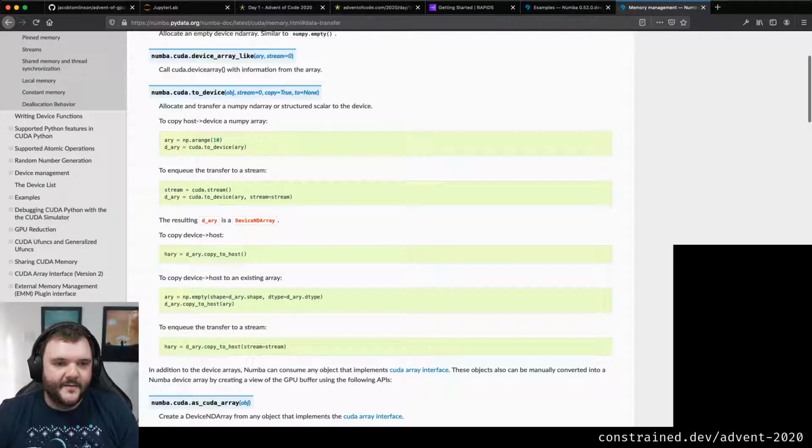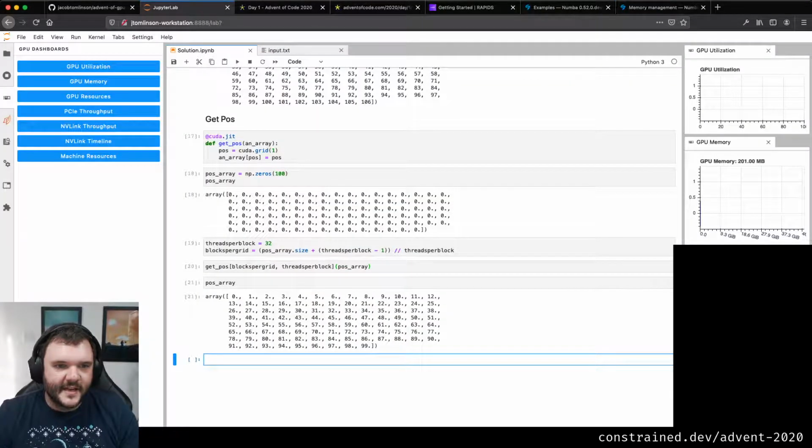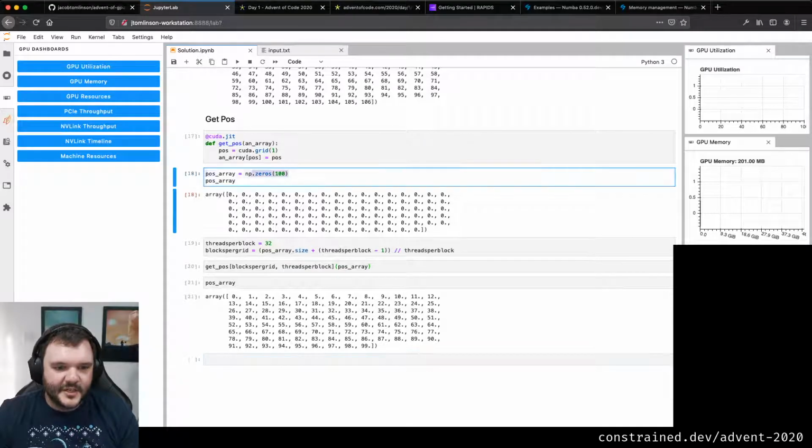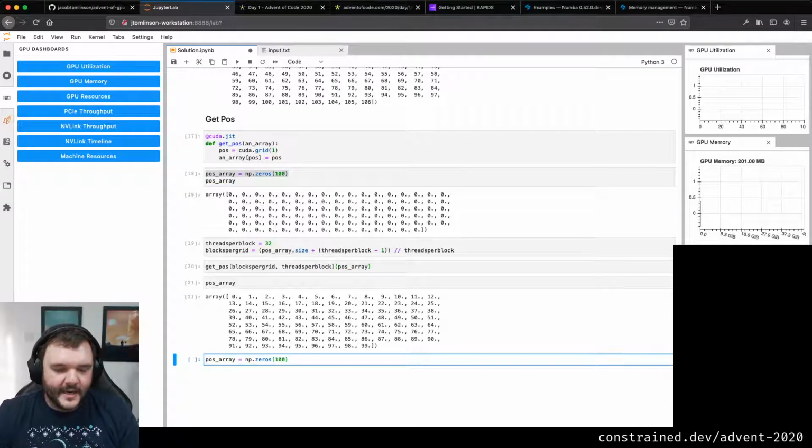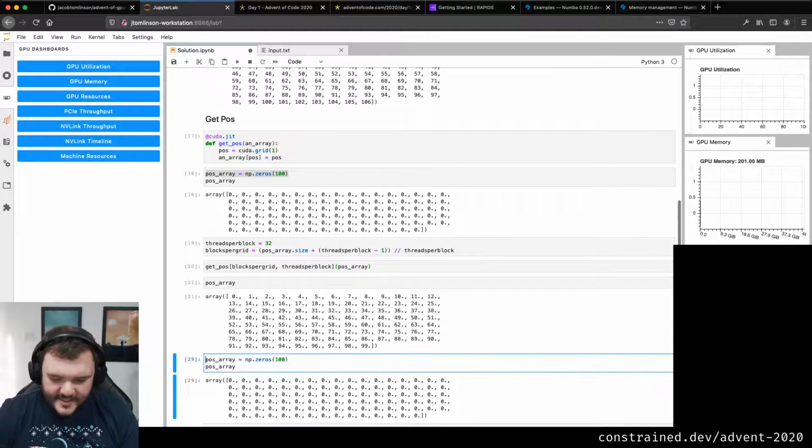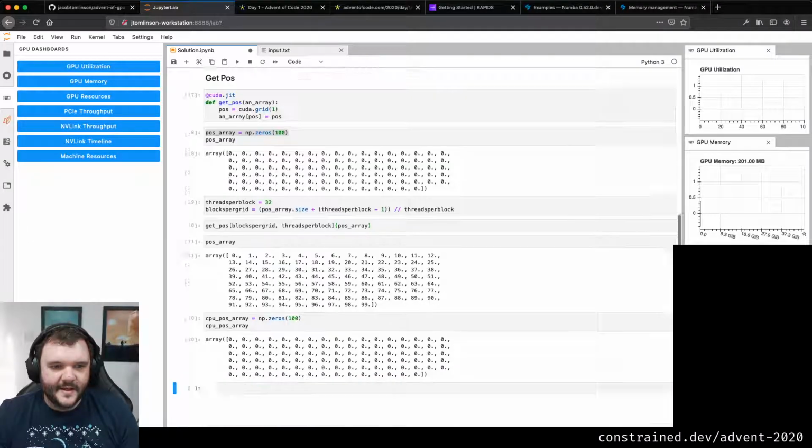So if I want to do something a bit more specific, let's do our position array again. This is our CPU, let's call this our CPU position array. Right, that looks like that.